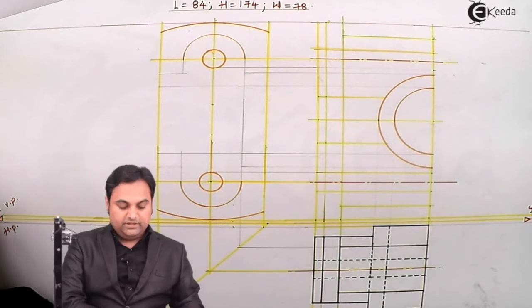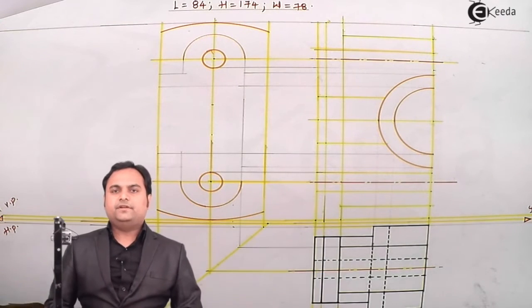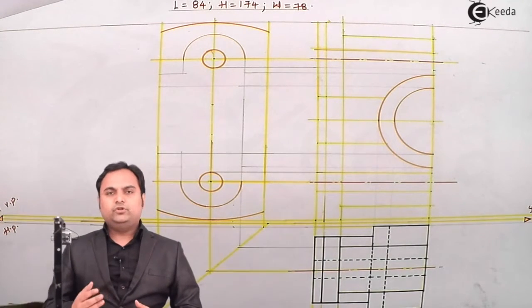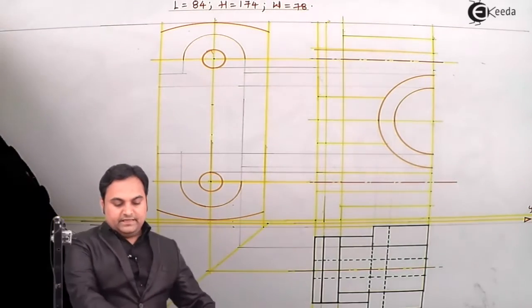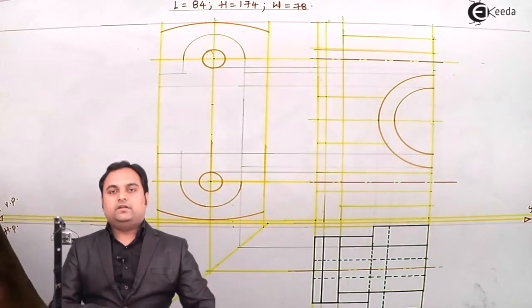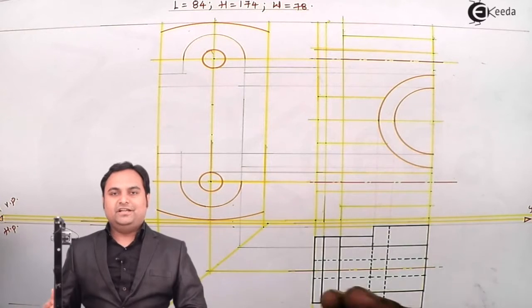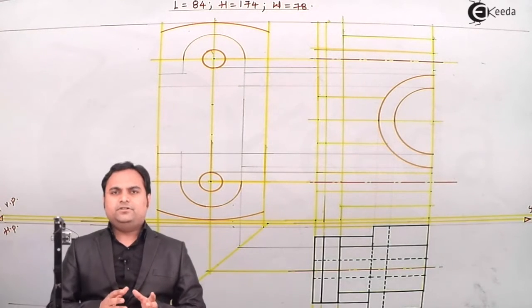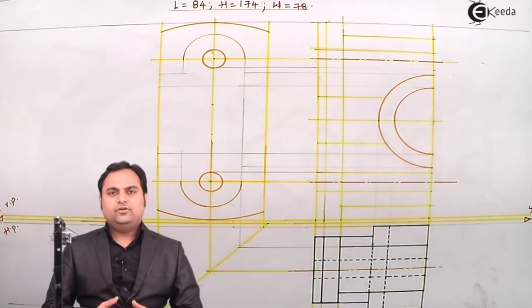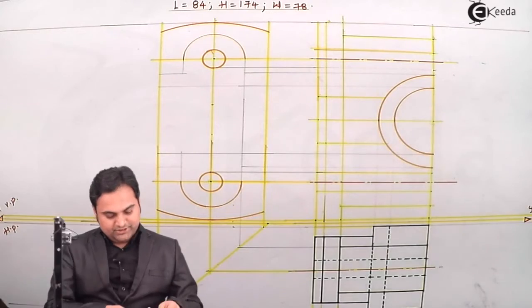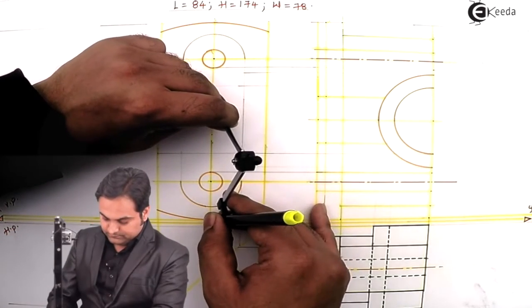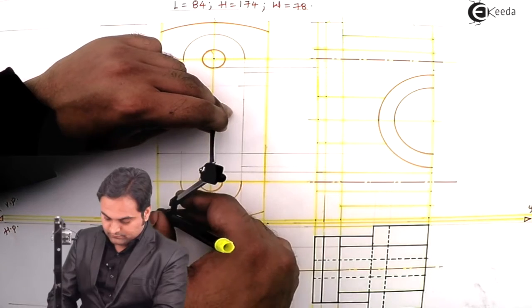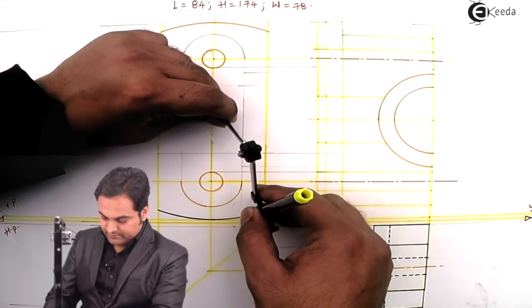Now after reaching up till here, I'll start making it dark so that we don't have any confusion here, because we have to draw the hidden lines as well. So make the dark lines first and then go for the hidden lines. That is, the visible part should be drawn first and then go for the hidden part. So here, keeping the same center, radius 99 mm,